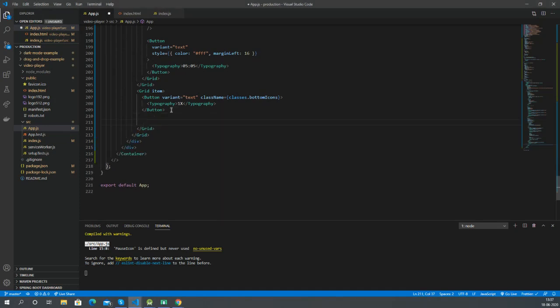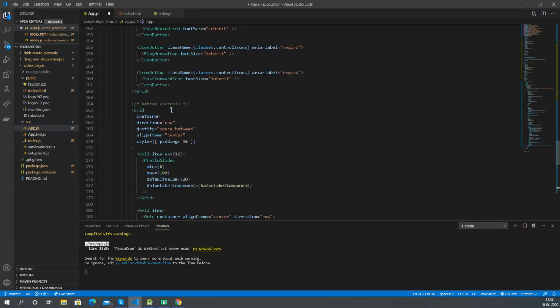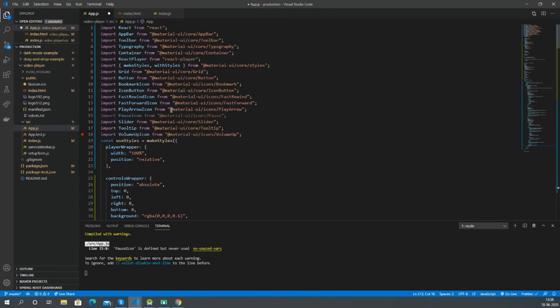Now let's add the full screen button as well. So for that we'll use an icon button. We'll give it a class name of bottom icons. Then let's import the full screen button from Material UI icons.